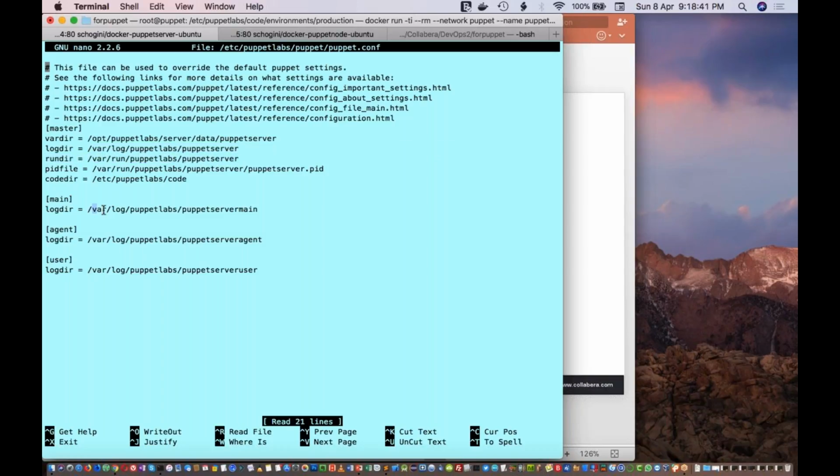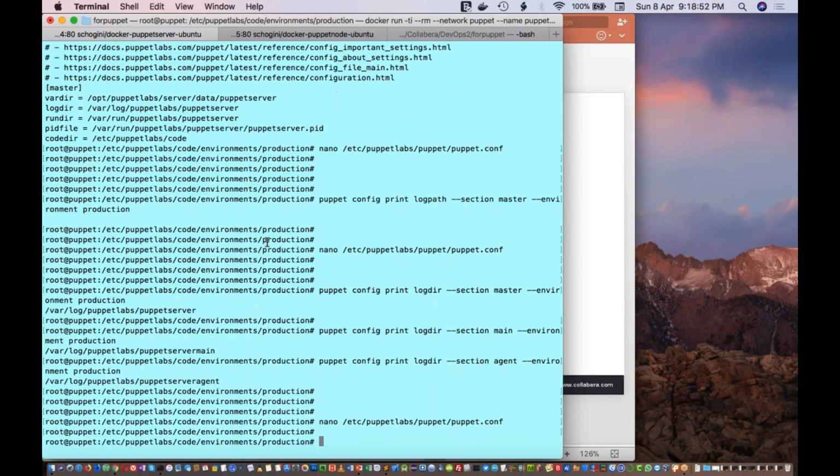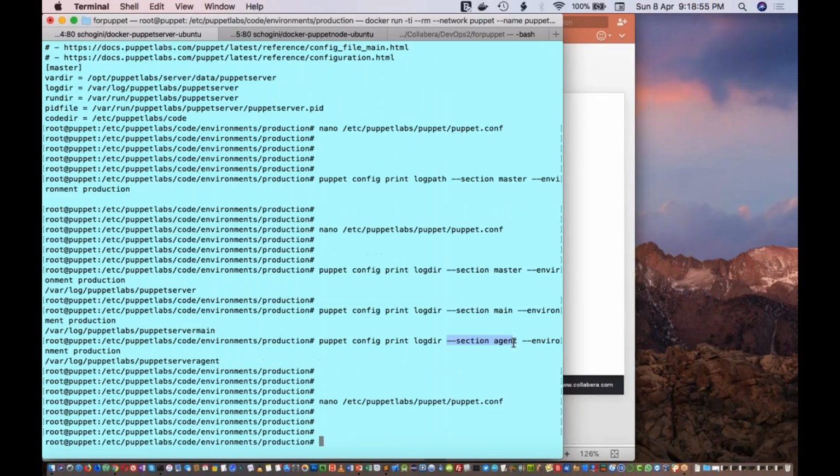For main section, we have specified the log directory as this one. Like we have the main at the end. Similarly, for agent section, you have specified the log directory value as this one. So if you want to get those values, you can specify --section, and the value for that particular section you will get for this particular variable. This is clear, Akhil?